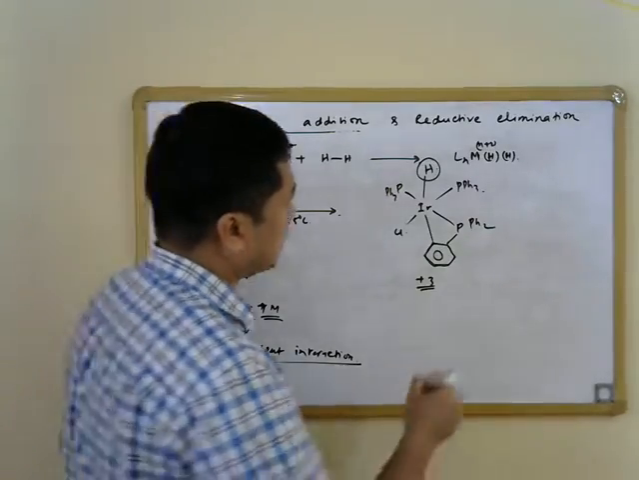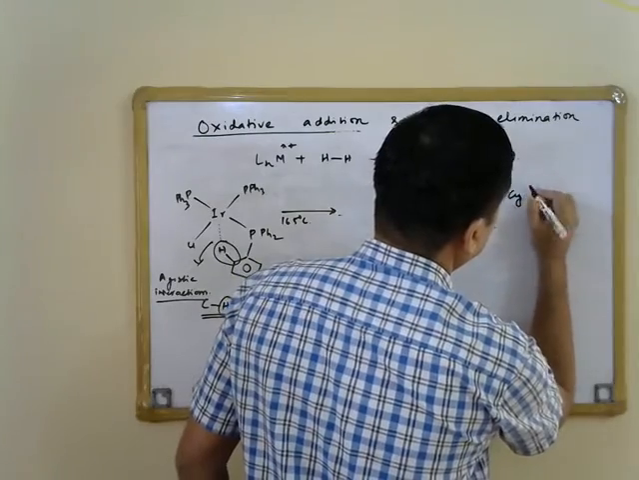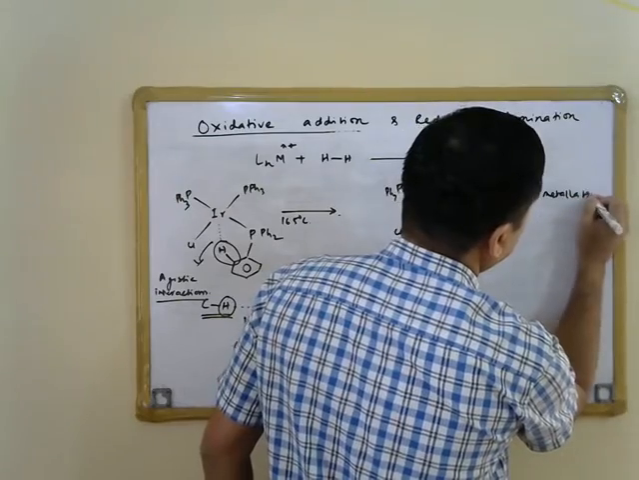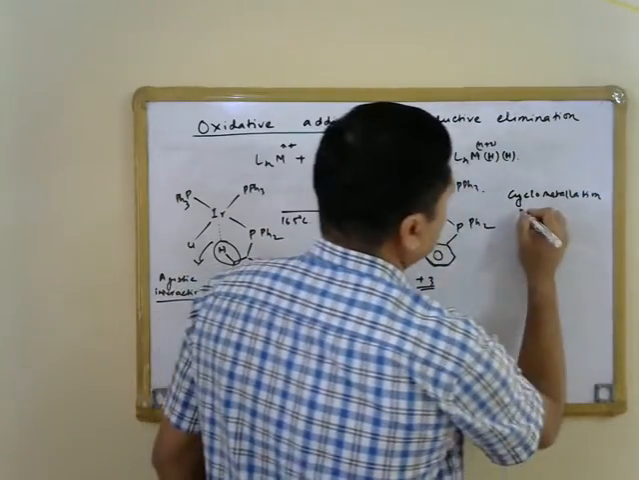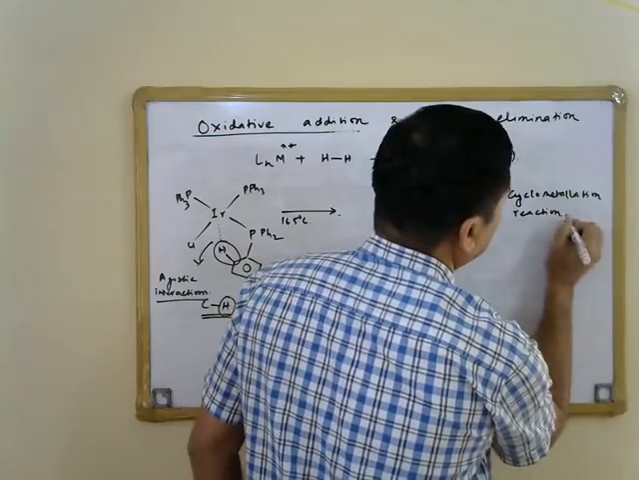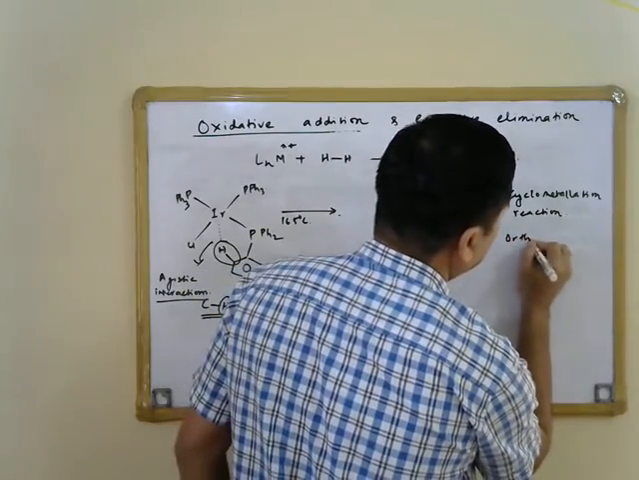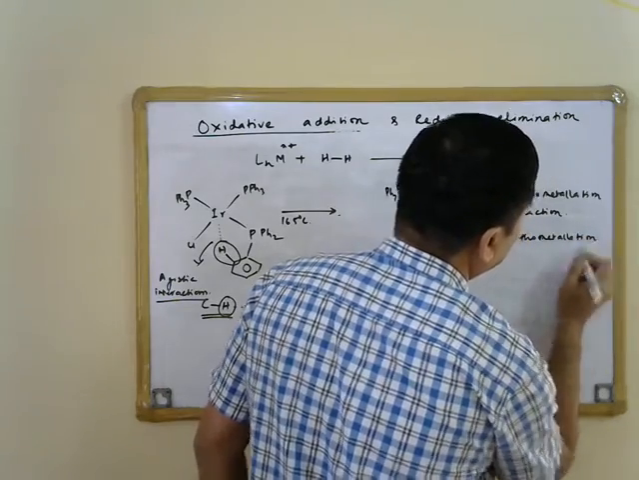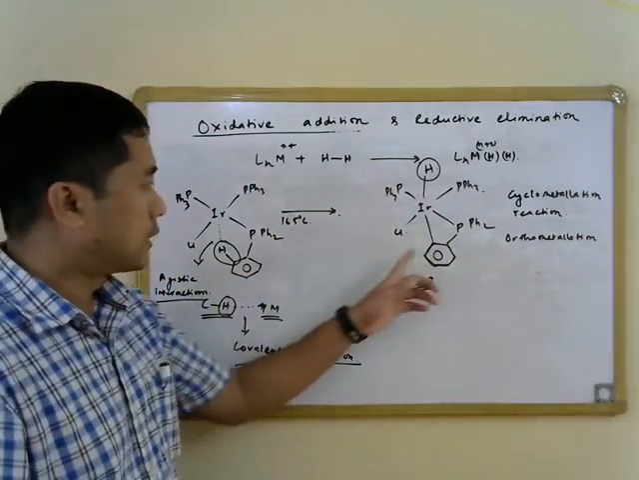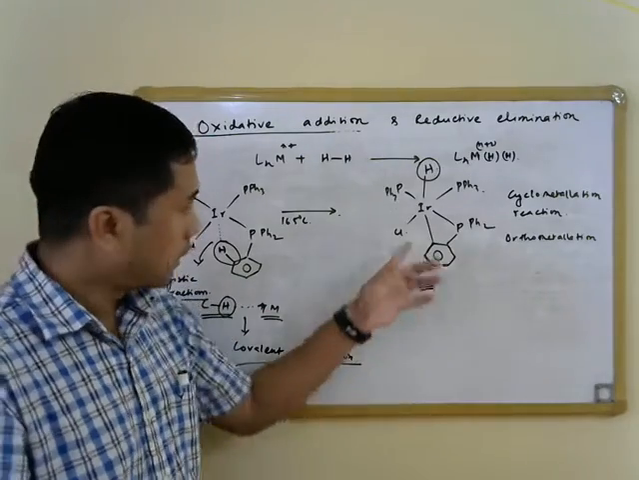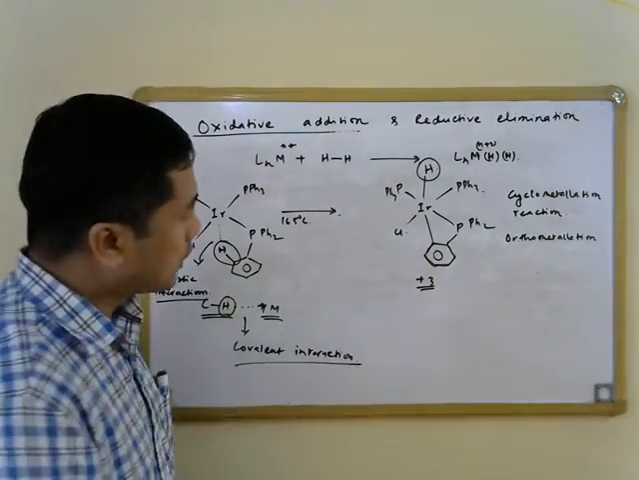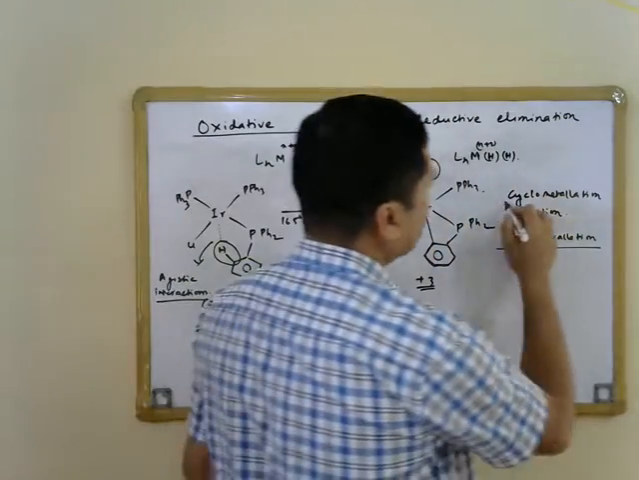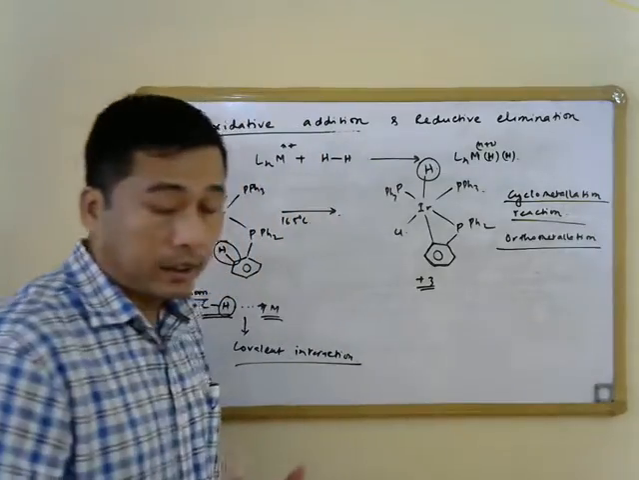is known as cyclometallation reaction, or one also terms it orthometallation reaction, because it is the ortho carbon which is attached to the metal center after the reaction is over. So that is why it is called orthometallation reaction, or we can also term it a cyclometallation